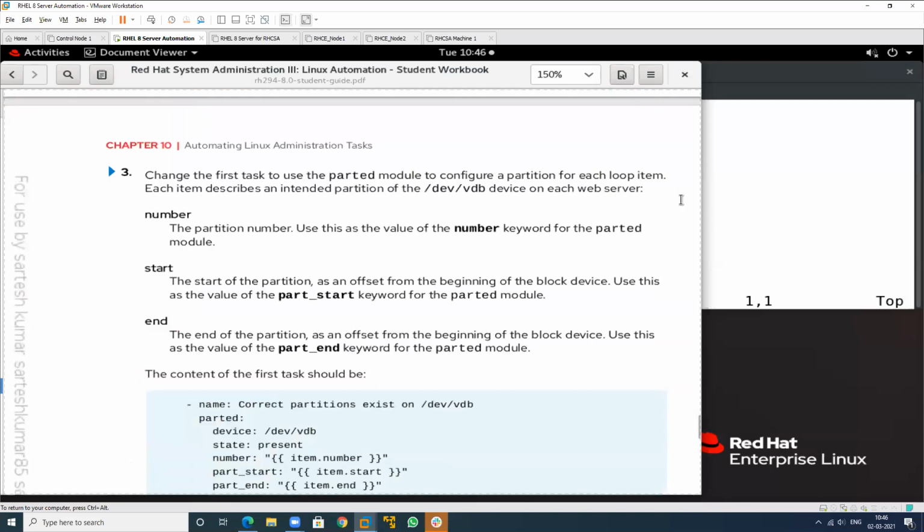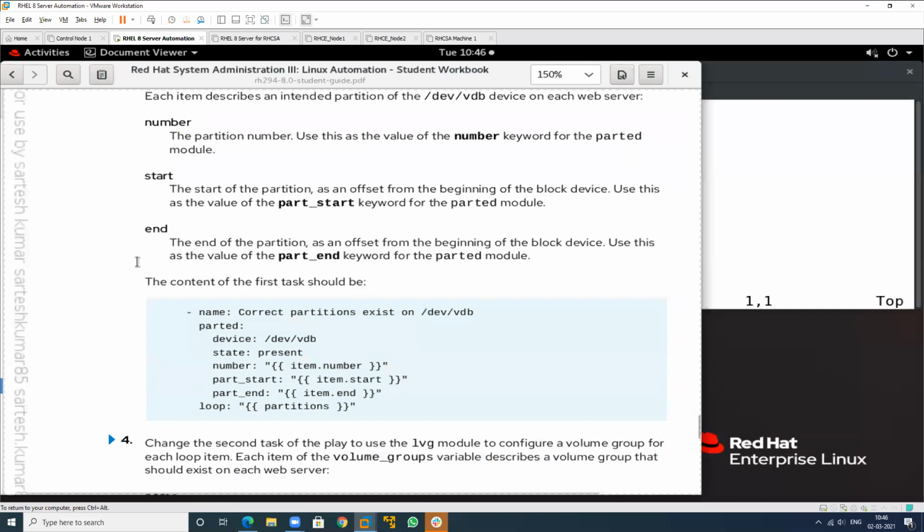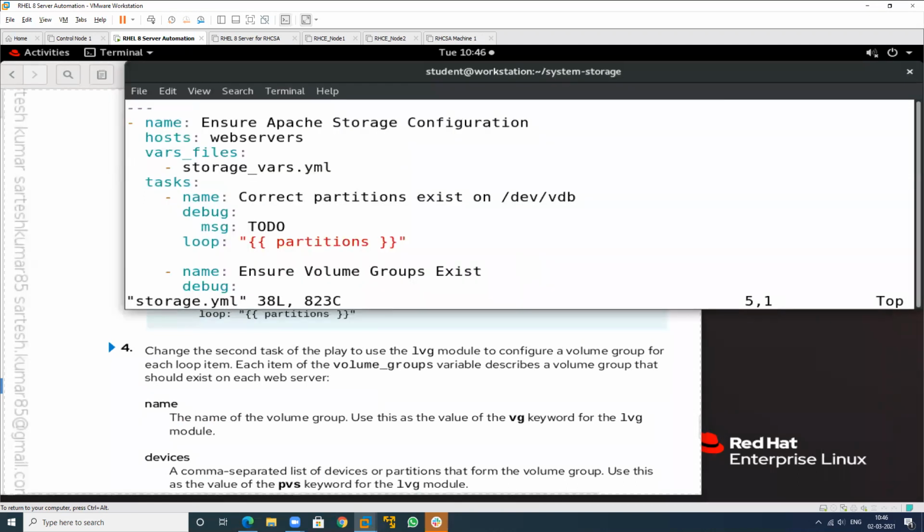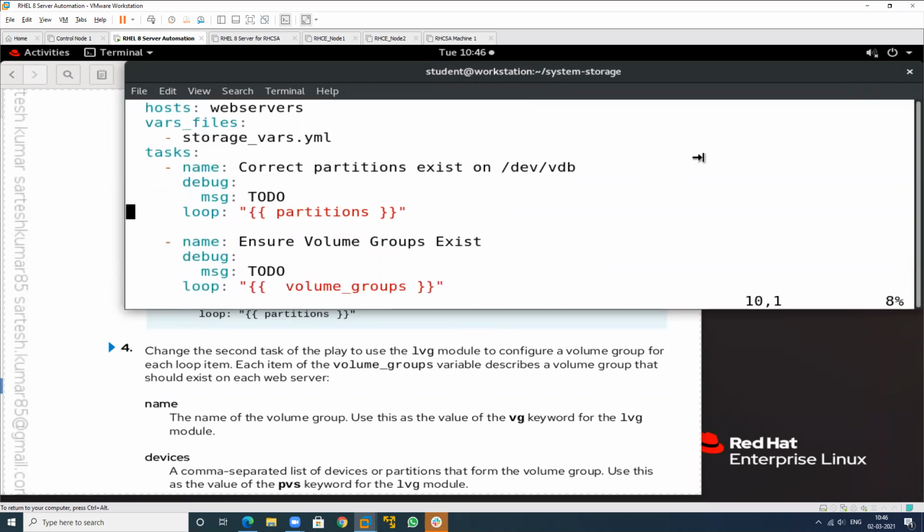So I will open this, and what is my first task? Okay, this is the first task that I will start. Make the correct partition. So this is create.